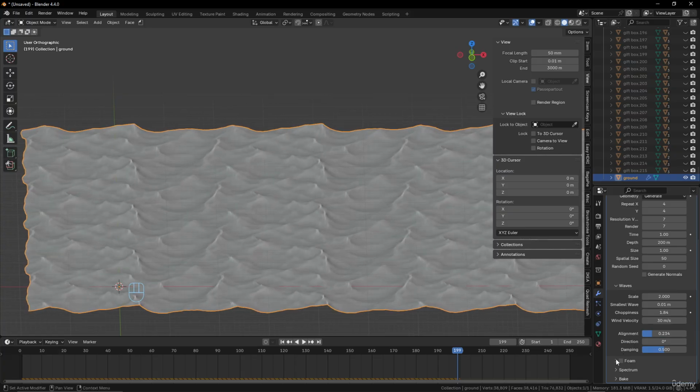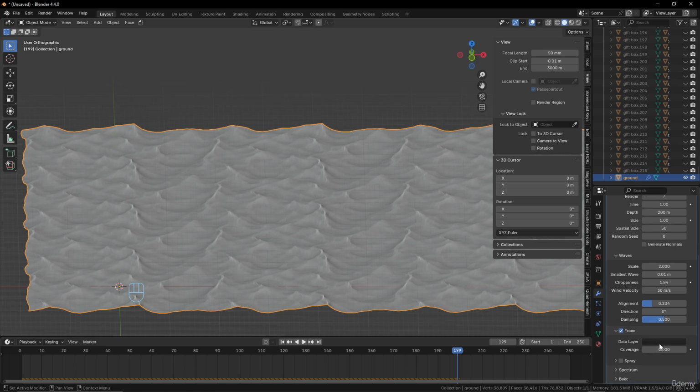And you can generate foam as well, and you can add a name here, and you can add this into your shader as well. It's the same for the spray and things like that. And it's animated, fully animated. So in that case here, you can see that